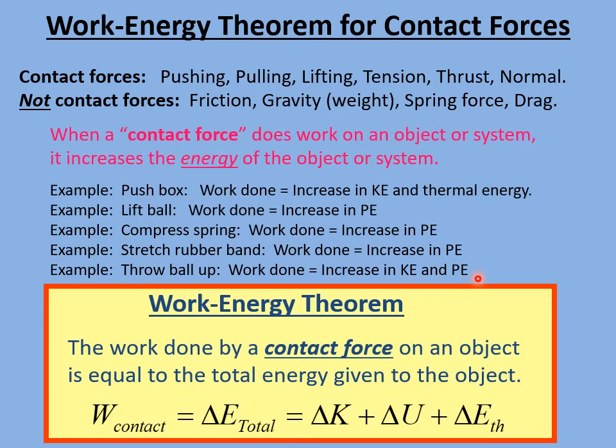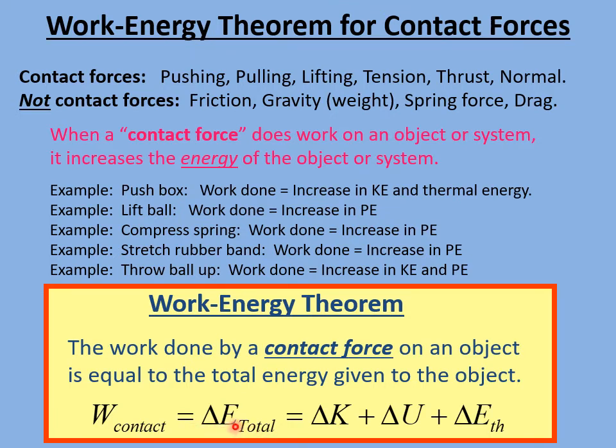So to summarize all of this and formalize it, we come up with what's called the work-energy theorem. The work done by a contact force on an object is equal to the total energy given to the object. So we can write this as an equation as follows. The work done by a contact force, work sub contact, is equal to the change in the total energy of